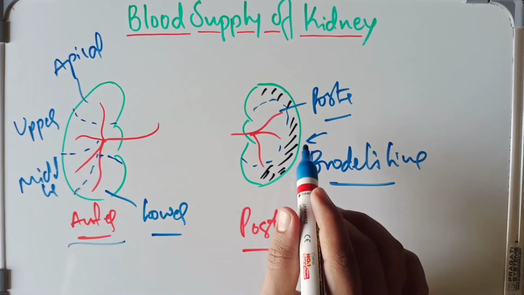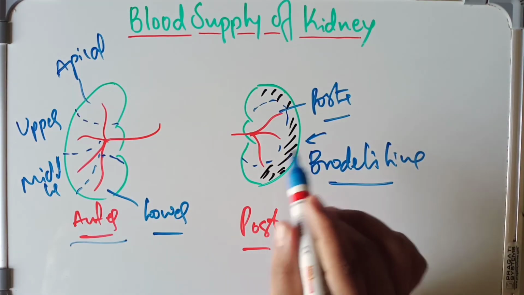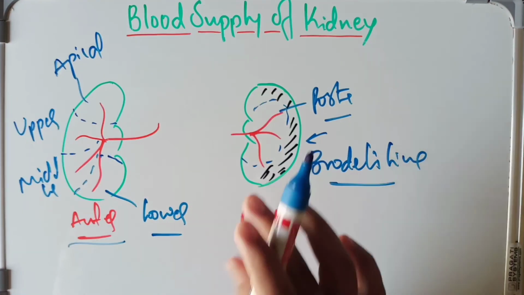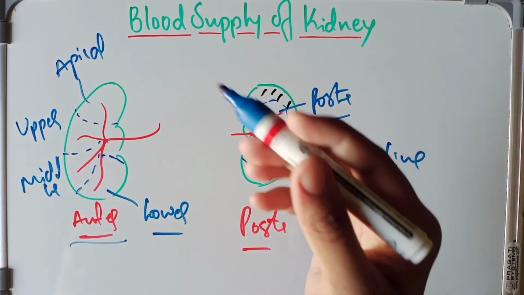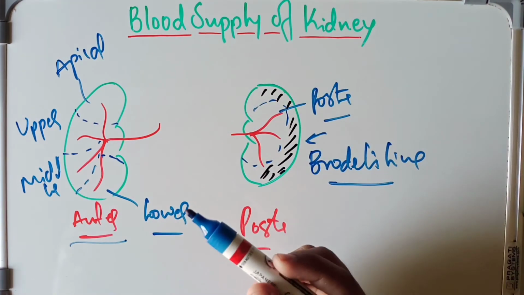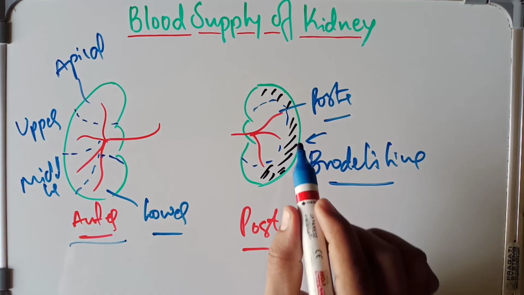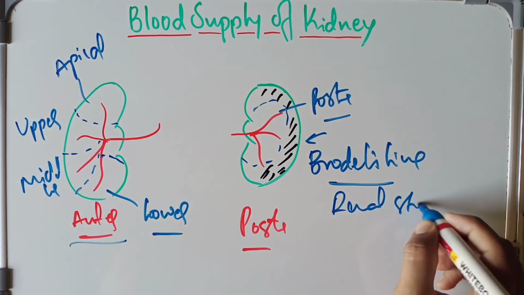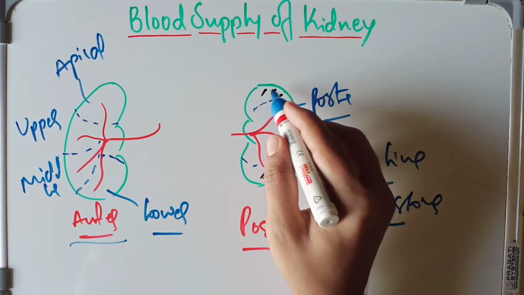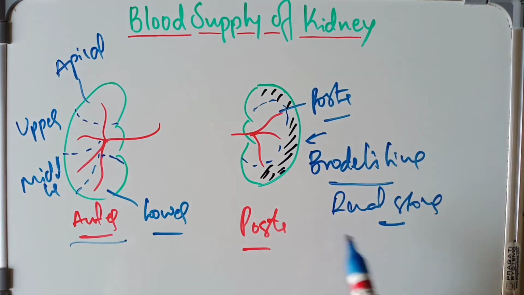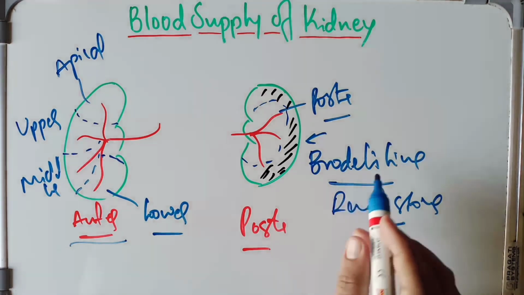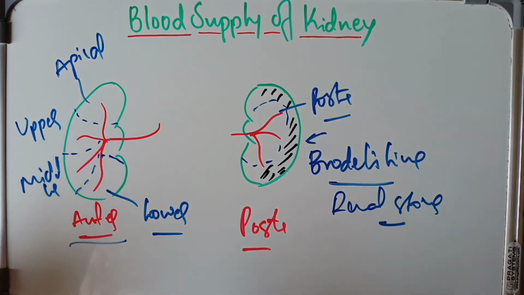It is on the posterior aspect of the kidney at the junction of the medial 2/3 and lateral 1/3. So it's a functional avascular plane between the posterior segment medially and also the upper and the middle segments laterally. Hence it's a suitable site for surgical incision to remove the renal stones. So if you want to remove the renal stones that are found in the kidney, this forms the surgical incision, and the removal of the renal stones is also called nephrolithotomy. So this is about the segmental arteries.